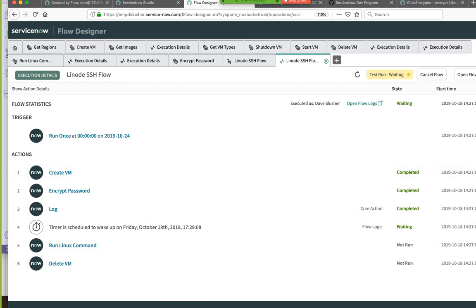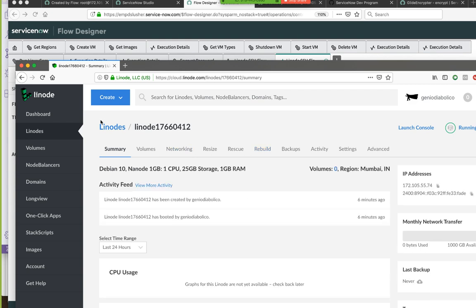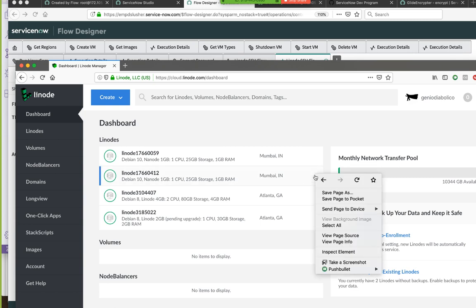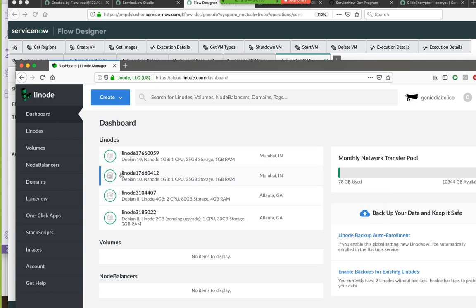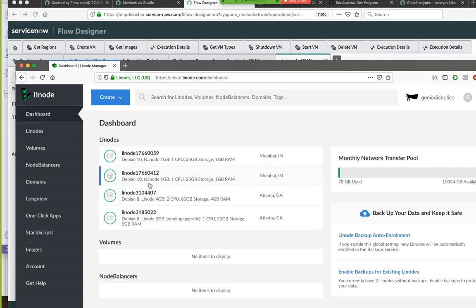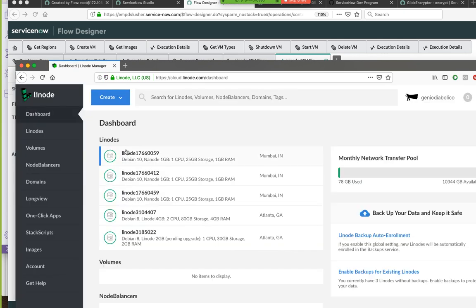In the meantime, I'm going to go back here, and I'm going to delete some VMs. Yeah, because it canceled, so I didn't actually have a chance to delete that one. Where's my... I thought I had a little... Maybe it's over here. Let's make sure I'm not deleting the one that the flow... You know what? I'll just let it go because I'm not sure. I don't want to delete the one that is booting.